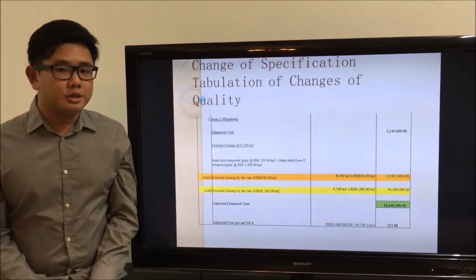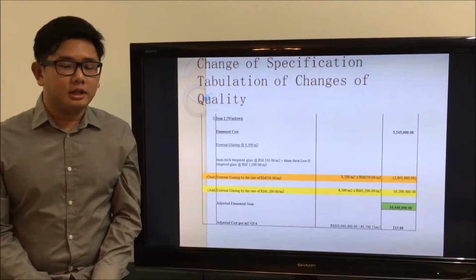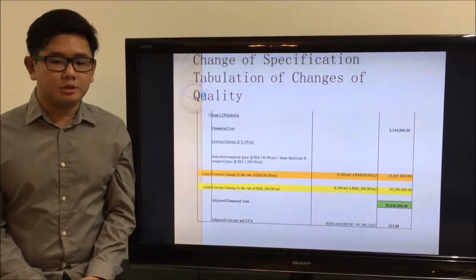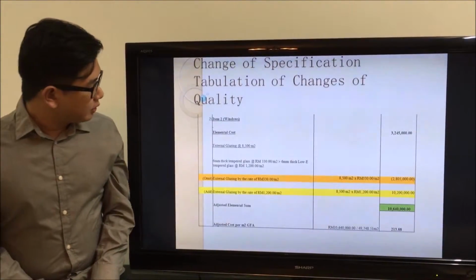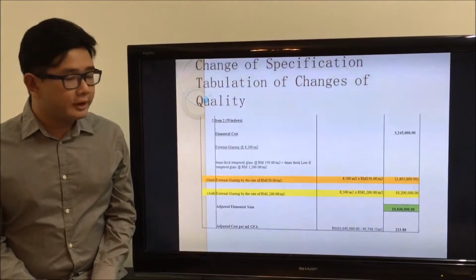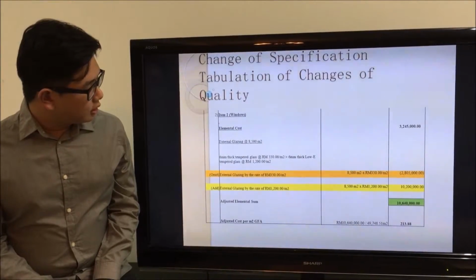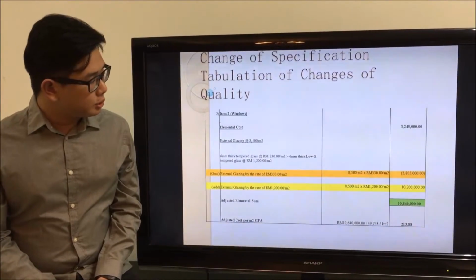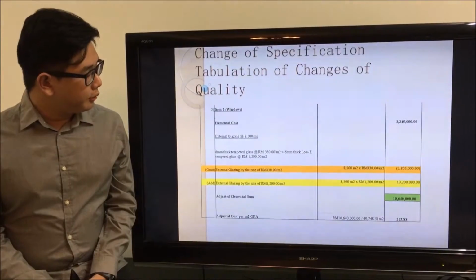And next, item 2, which is window. As suggested by the mechanical and electrical engineer, in order to achieve the GBI point, all external glazing should be changed to low E tempered glass. So as you can see here, all external glazing covers 1,500 meters square, and the original tempered glass at a rate of 330 changed to 6 mm thick low E glass at a rate of